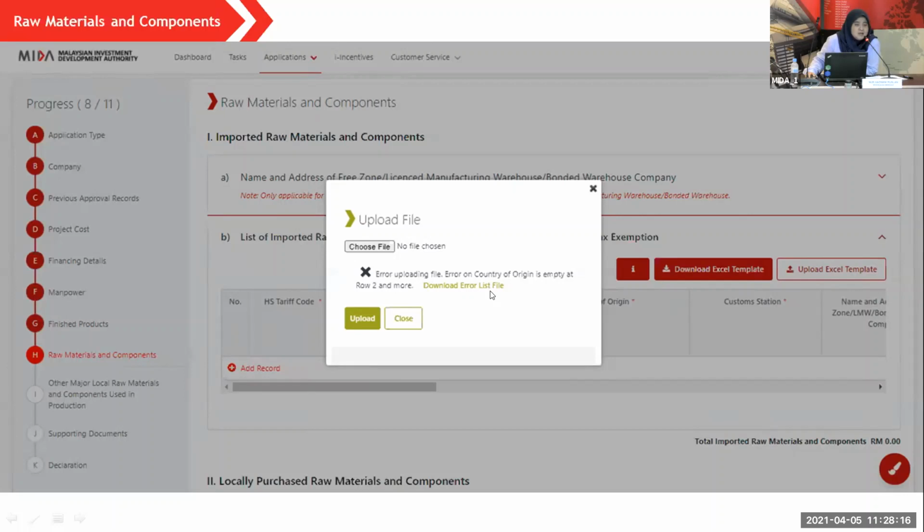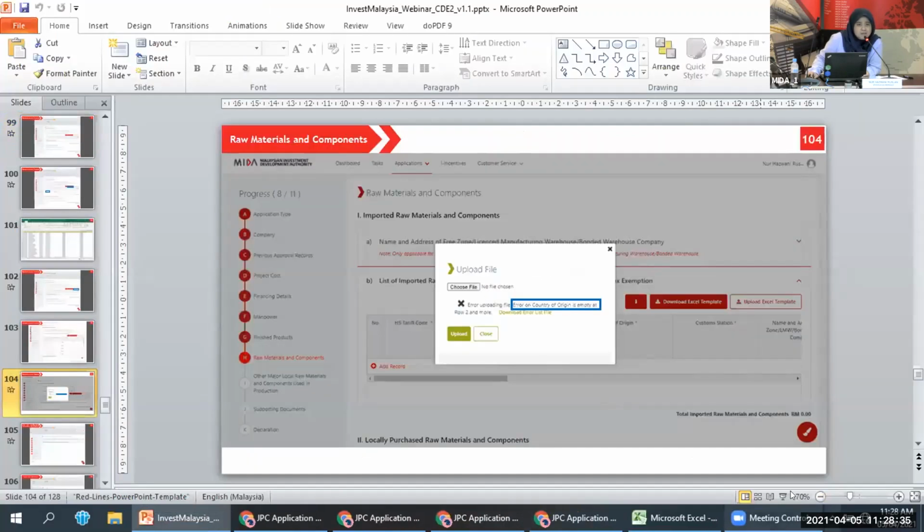You can then know what error caused the uploading of the Excel to fail.